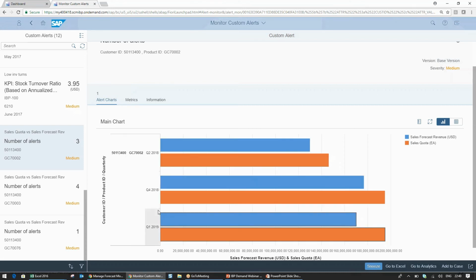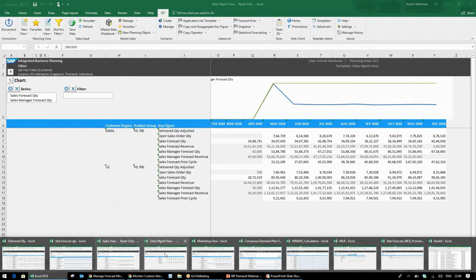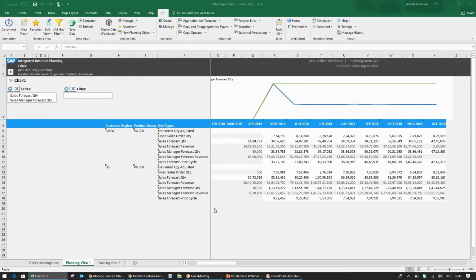Likewise, once the adjustment from the sales representative level is done, we can have the sales management view as well. The sales management can pull up the data across various sales representatives, and they can see it at an aggregated level. They're not concerned with the individual product customer level, but they want a view at a very aggregated level, suppose at a customer region level or a product group level. So they can see the aggregated forecast revenue at a sales region level, broken down by product group.